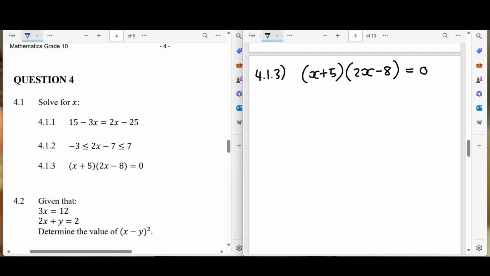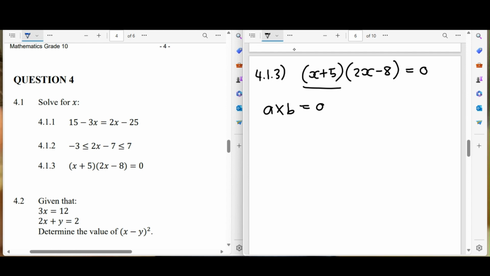But actually the easiest way, if you've got two brackets like this where you're multiplying two brackets and it's equal to 0, what they want you to realize is that one of these brackets has to be equal to 0. Because let's say you had a times b is equal to 0. That means either a is 0 or b is 0, because that's the only way that you'd get 0 as an answer. So what you have to say then is either the first bracket is 0,